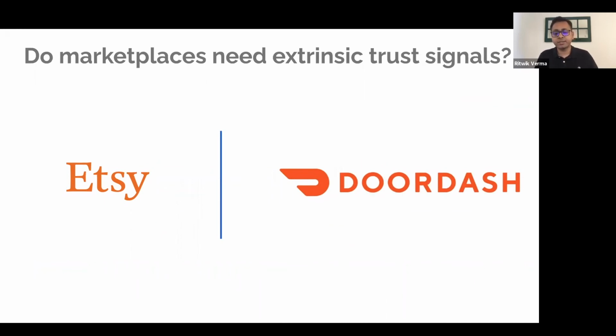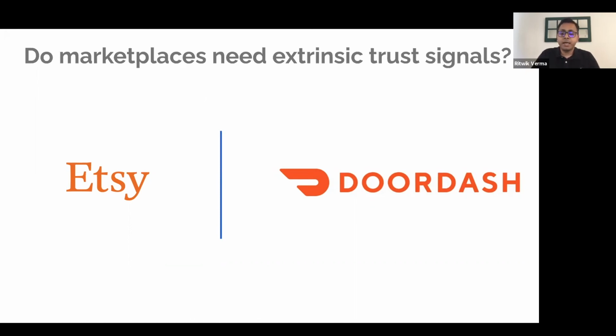To understand and answer that question, let's look at two very different marketplaces, Etsy and DoorDash. Etsy is a typical online e-commerce marketplace that is primarily known for unique artistic items sold by sellers who could also be the artists or the manufacturer of those items. DoorDash is typically a food delivery marketplace which connects consumers to dashers who are just folks specializing in last mile